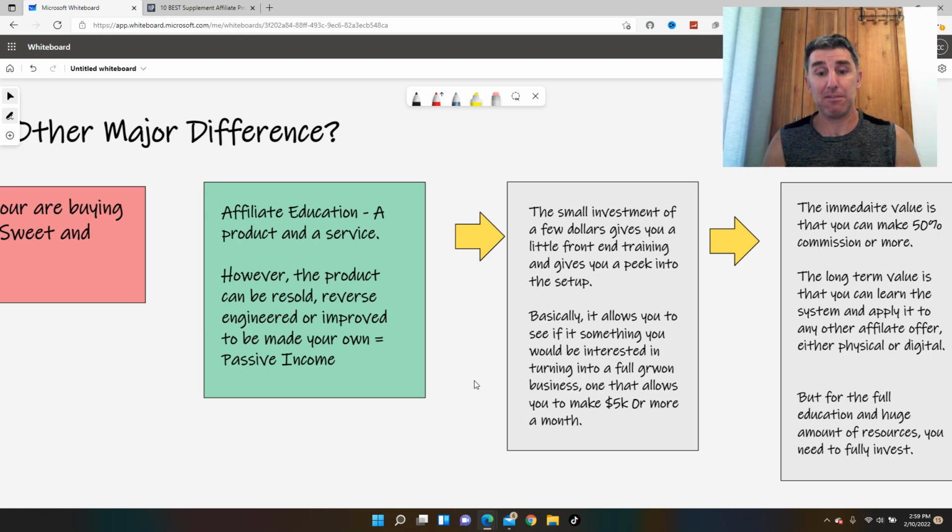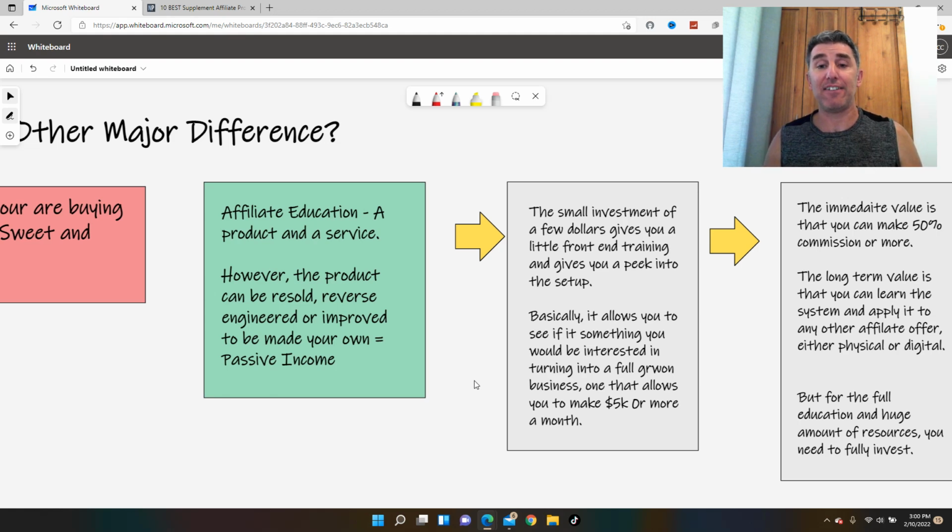But what it does, it means for $7, you can see how the company's blueprint is, how it's set up, the importance of how education of why it's set up a certain way, and you can build a funnel and go out and start promoting it. And if you promote something and if you sell it even off a $7 offer, you can still collect 50% off of a high ticket item. Now, this is great for somebody who has a sales experience and already knows what they're doing. But for the average person starting off, it's just a window to see how things work.